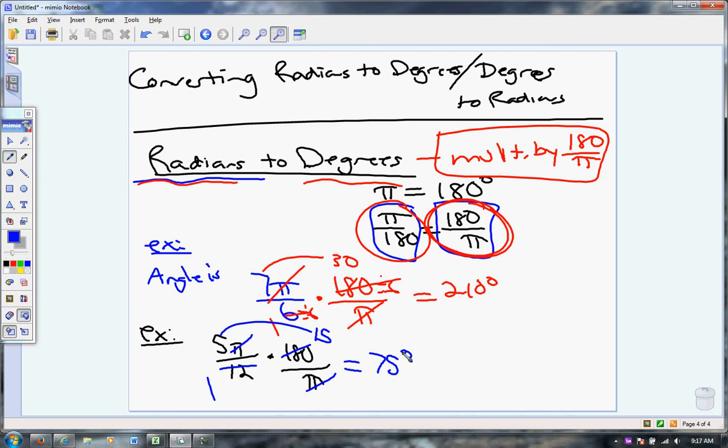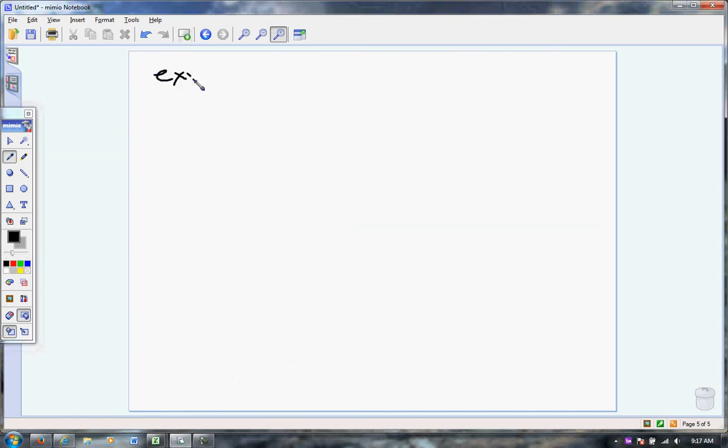Hey, what if they give you a strange radian measure like 2.7 radians? What if there isn't a pi? Well, that's possible. You don't always have to have a pi for it to be in radians. They could just tell you it's 2.7 radians. If I want to change that to degrees, I do the same thing. I multiply 2.7 times 180